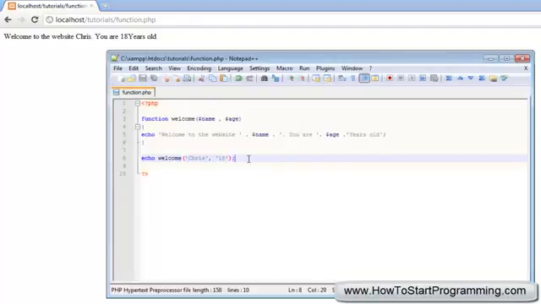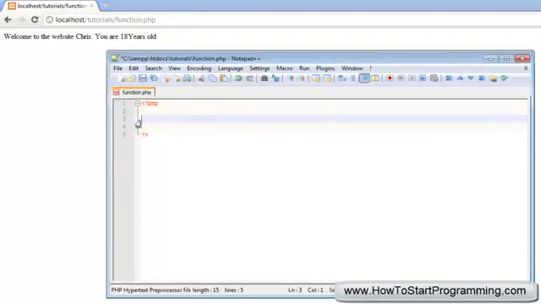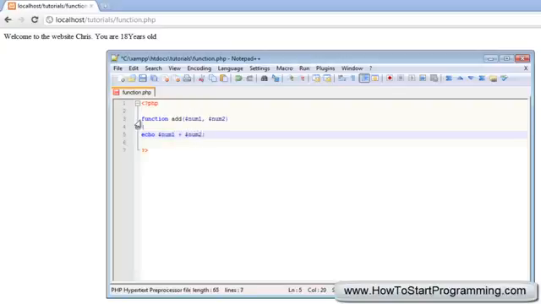So what we can also do with this is maybe create a useful function, you know, a mathematical, like a calculator. So we're going to create a function here called add, and what we're going to do is make a variable num1, comma, num2, and what this will do is it is going to echo num1 plus num2, and then we end that, and let's just echo out add, and inside these brackets we'll have 10 and 15. So if we save this